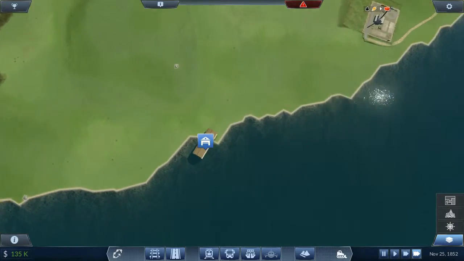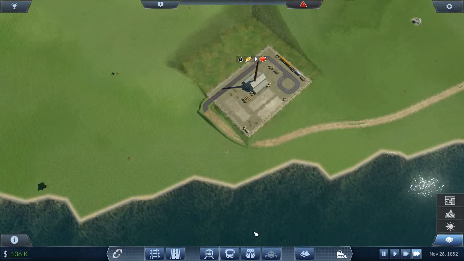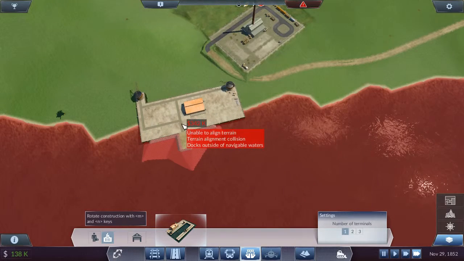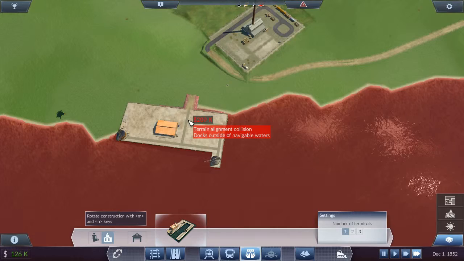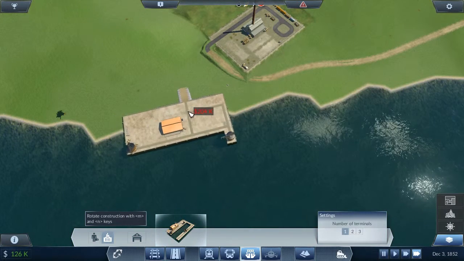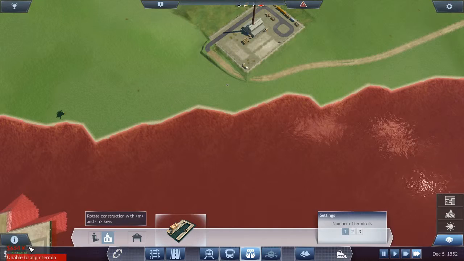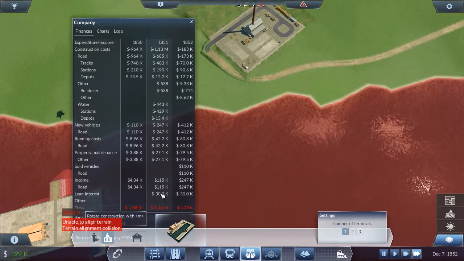So I want a port over here. Now, it's going to be tricky, I think, getting this in. But we'll go. We want a cargo port. And we want to turn it around. And I'm going to put it about there. Oh, I don't have any money. Well, I'm going to borrow money. Another